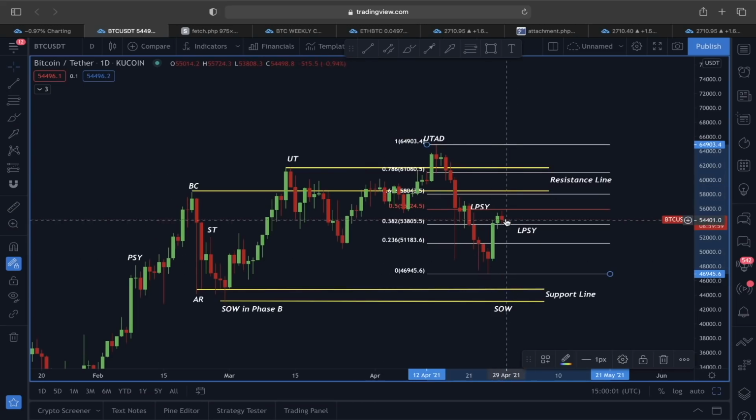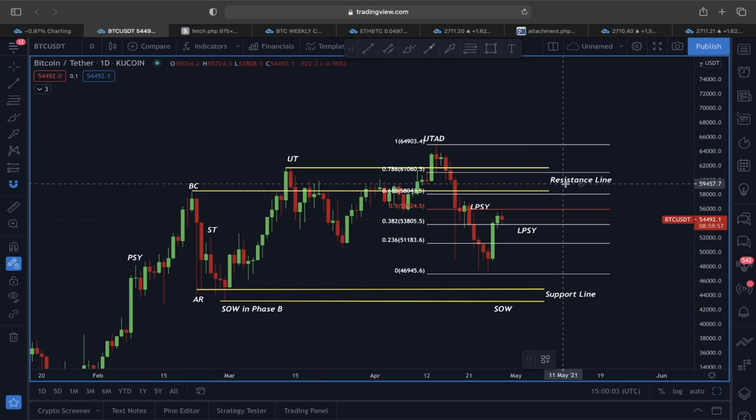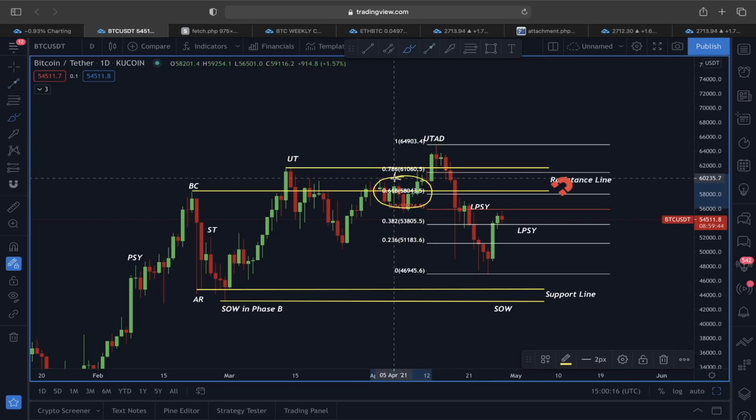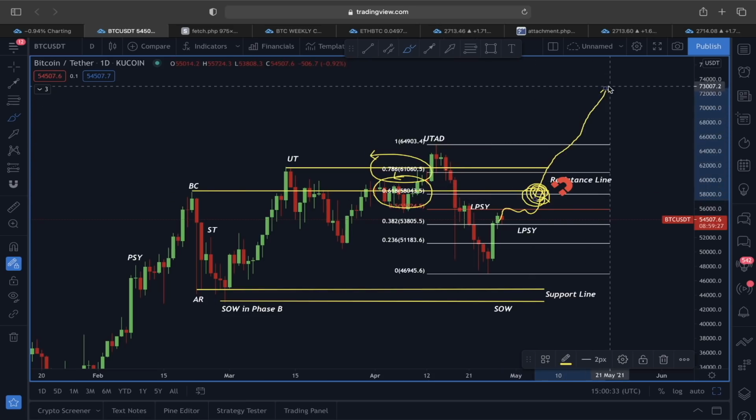Why am I actually expecting price of Bitcoin to see a move here towards the 57 to 58,000 before choosing an actual trend direction? Because in most of the Bitcoin price movement, actual trend reversal only occurred after finding a strong resistance from this 0.618 and this 0.786 Fibonacci level. So I'm actually expecting price of Bitcoin to see some impulsive move and then decide where it is going to head next, because if the support is going to be above this 0.618 and price is also going to break out of this 58,000, then there is a very likely scenario that this here is most probably going to be a move here in this manner.